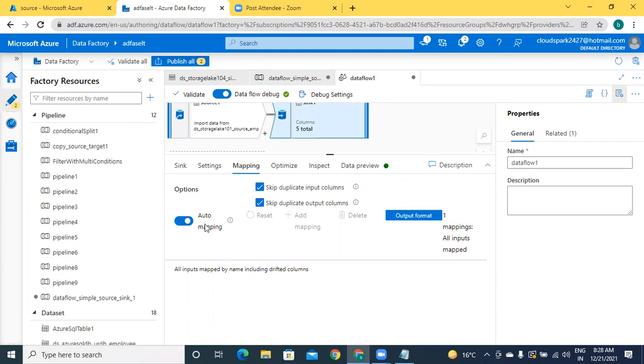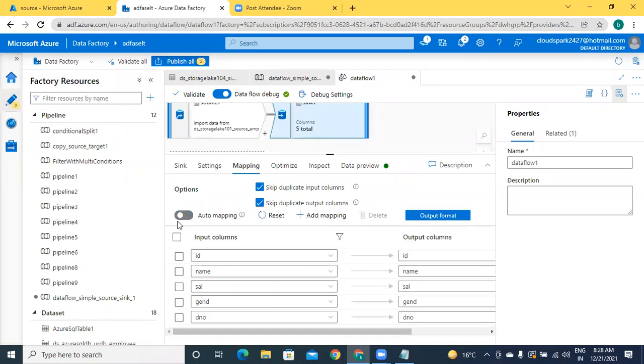Suppose if the target is a database, you have to disable this. See here how the mapping is applied: ID to ID, name to name, salary to sal, gender to gender, department number to department number. If you want to make any changes, you can change it.